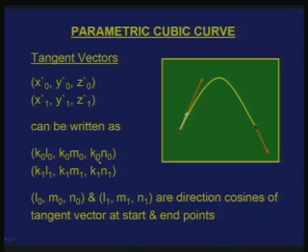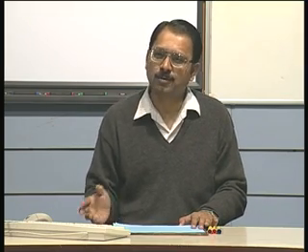These direction cosines are multiplied by a scalar value to get the tangent vector, where k0 is a scalar value. Similarly, I can use a different scalar value to multiply the direction cosines at the other end point of this curve. This also implies that by changing the values of k0 and k1, I should be able to get different curves. So it is not the direction cosines that define the curve, it is actually the tangent vector. As the k0 and k1 values increase or decrease, I get a different curve. That is true with a parametric cubic curve, which I can show you.